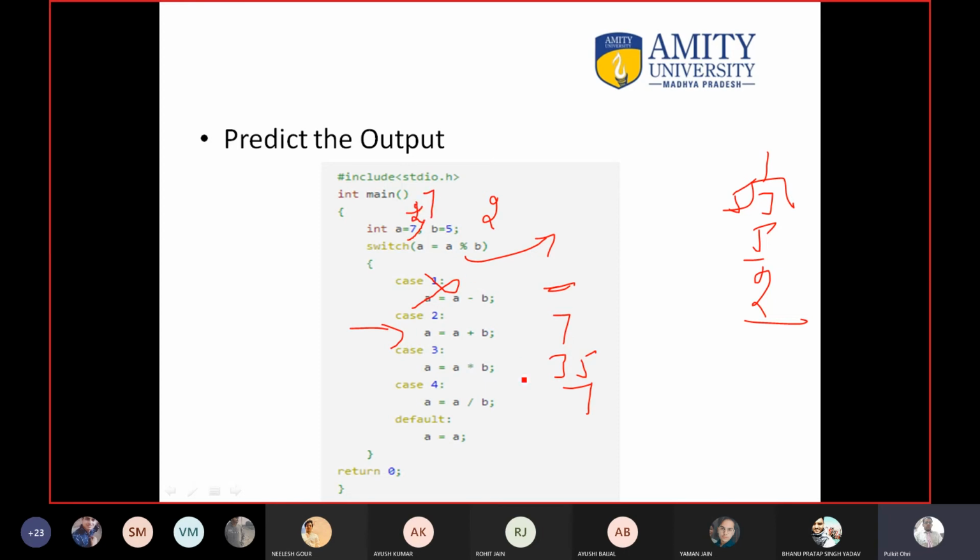So 7 multiply 5 is 35. Now the new value of a is 35. Then when you divide, the value of b is what? 5, right? Yes. So when you divide 35 by 5, the answer is 7, and a equal to a still means a equal to 7. So the final value of a is 7. I hope you are getting it. There is no issue?